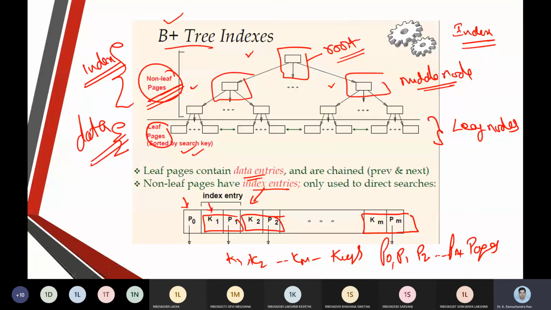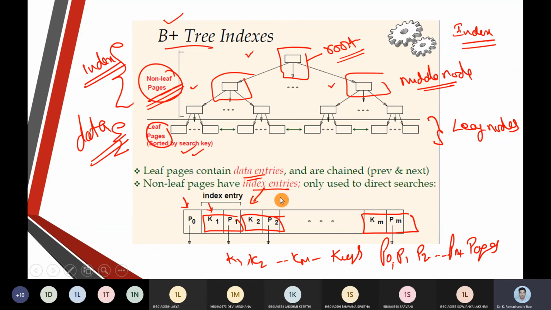The other way of looking at indexing is B plus tree indexing. There we put things into the root node, middle node and leaf node. In general, the index entries are kept at the middle node and the root node, but the data items are pulled up at the leaf level.